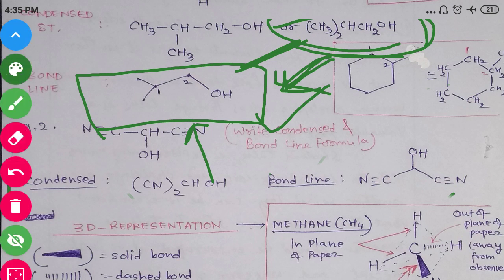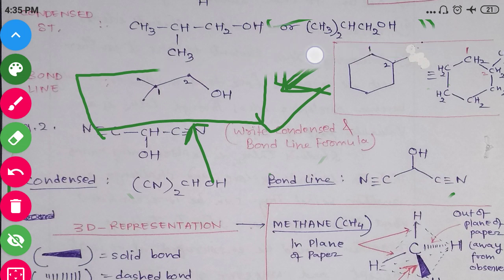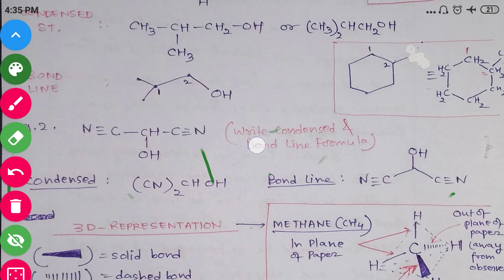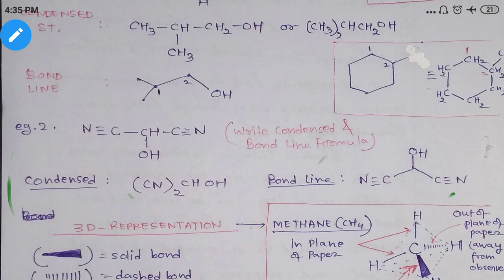See, first of all, because you are new, try to write the structural formula. Before writing the bond line formula, first write down the structural formula. Structural formula से bond line formula लिखना easy होता है, लेकिन condensed formula से direct bond line formula लिखना थोड़ा tricky है, ठीक है? So we will put it in the structural formula first. This one is okay. ऐसा मैंने बना लिया, ऑलरेडी मैंने बताया ये कैसे आया इससे. These are the same compounds, right?